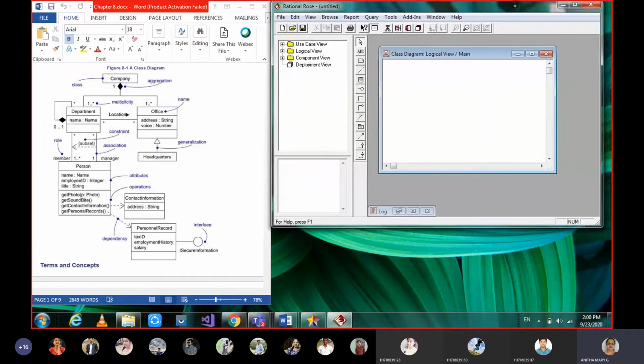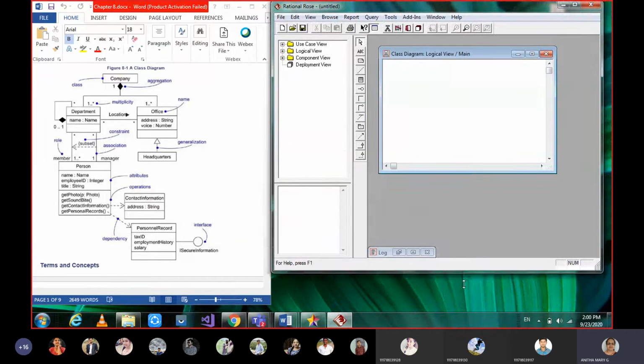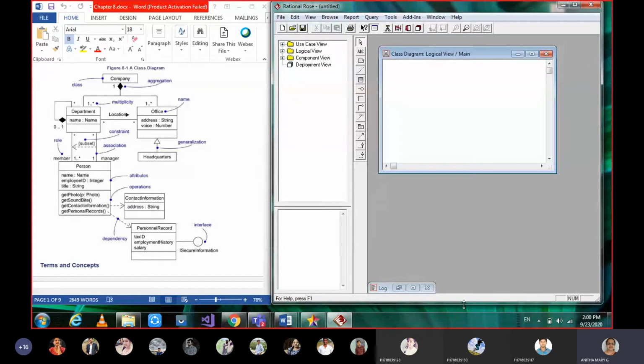Maybe since you don't have this tool, you can do it in the free software, that is StarUML, which you have been using all these days. By default, as I told you, whatever tool you take, it will be in the class diagram view only. When Rational Rose is loaded, by default it shows class diagrams, and you can also see the different views here.